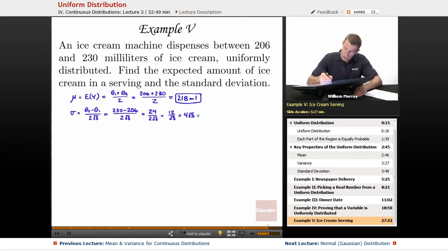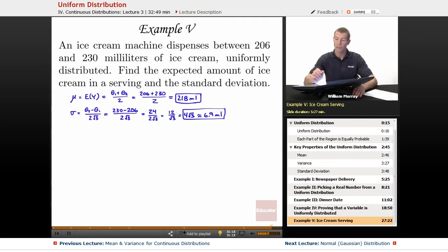It works out to be just a little bit less than 7 milliliters. It's about 6.9 milliliters. So if you fill up your bowl at this ice cream machine, you expect on average to get about 218 milliliters, and the standard deviation on that will be 6.9 milliliters, about 7 milliliters plus or minus from